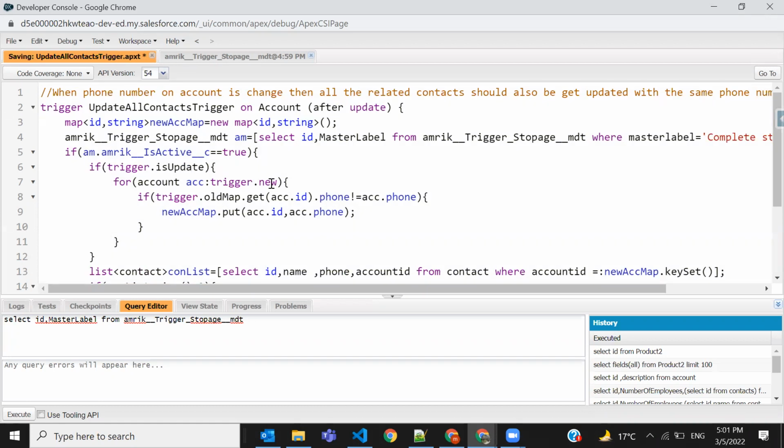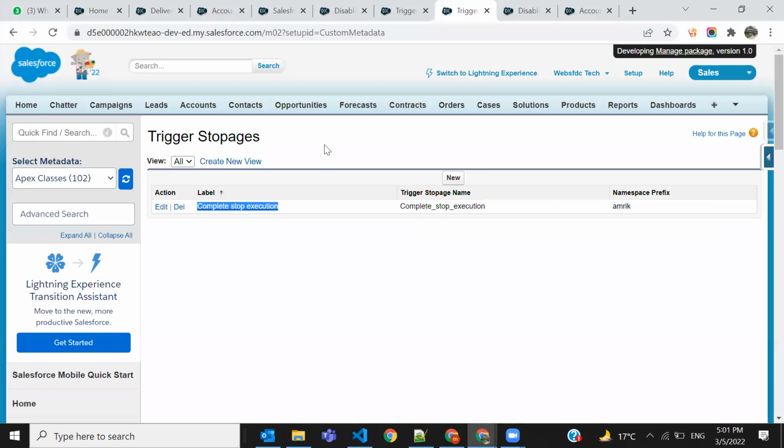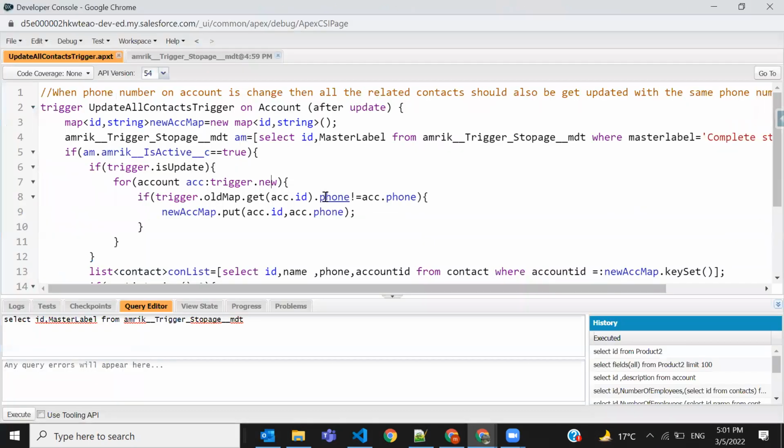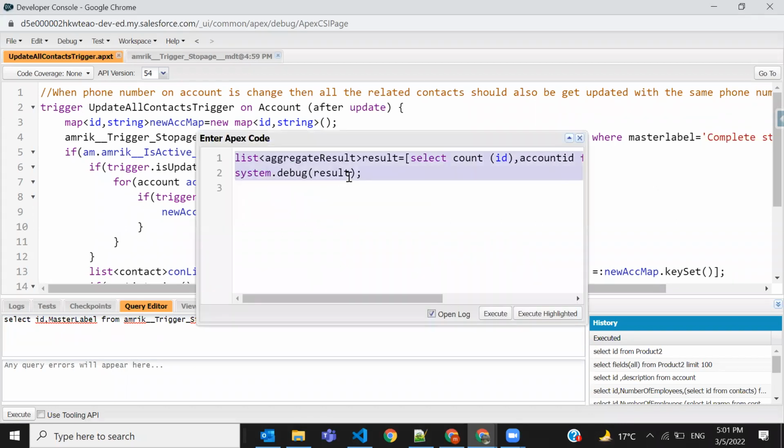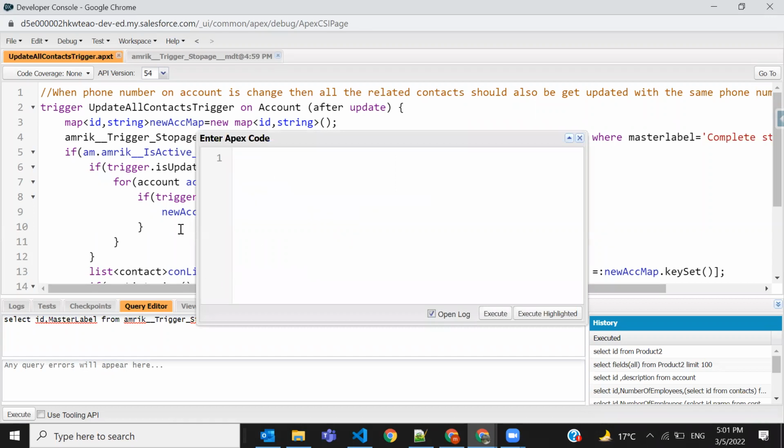Okay, one more benefit of custom metadata. If we say custom setting is a part of functionality, then we are not able to deploy the records of custom setting. The records we cannot deploy. We need to do a post-deployment step, and we need to write a script for that. Script means, let's say I'm creating a record, so if I have some custom setting,